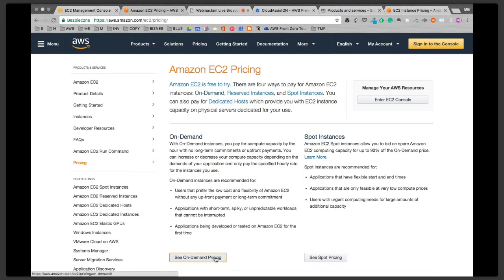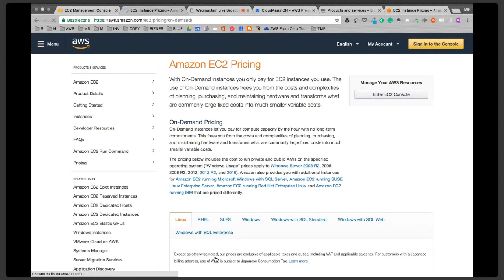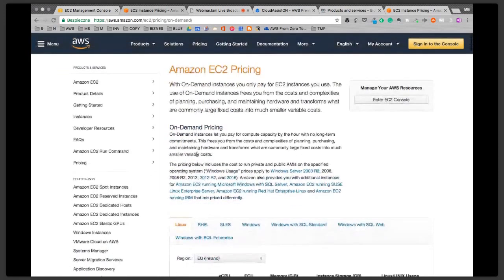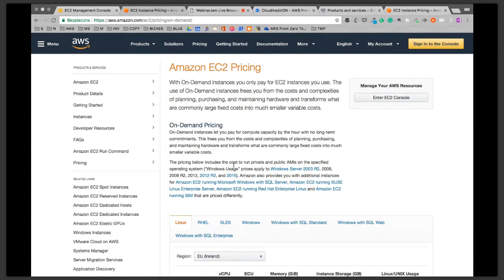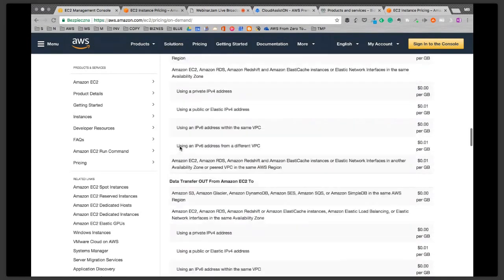And it's sometimes true with some workloads, but not always. So I really recommend that you go to the AWS Amazon EC2 pricing on demand page, and move down to